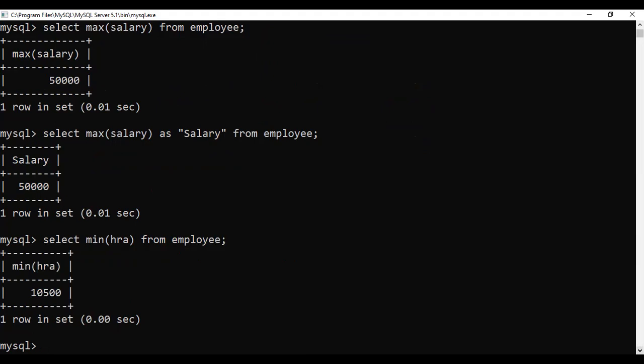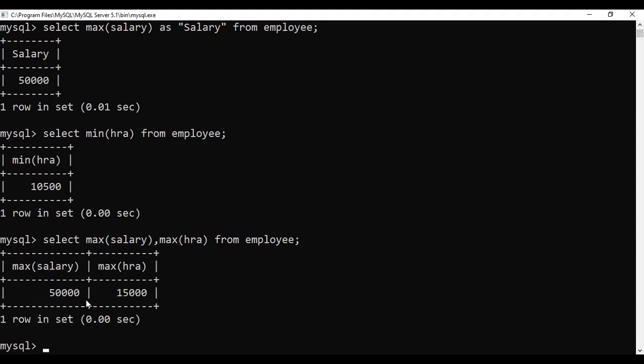If I just want to display the maximum salary and minimum of HRA, or maximum salary and maximum of HRA, how can I do it? So select, there's no problem. You can use multiple functions separated by a comma. So maximum of salary, comma, maximum of HRA from employee.